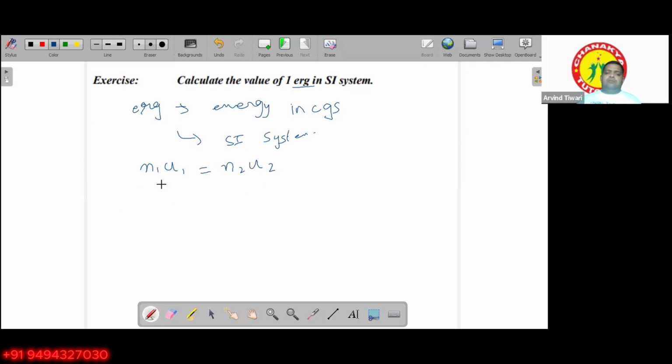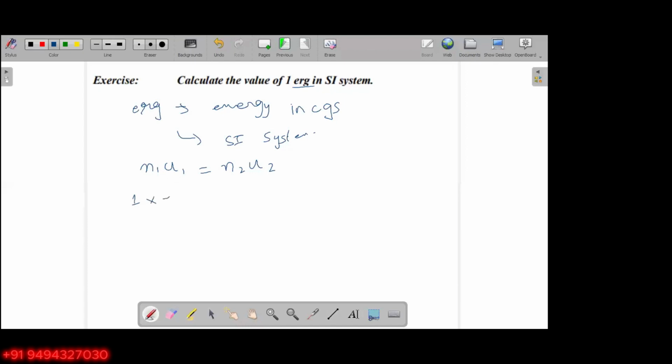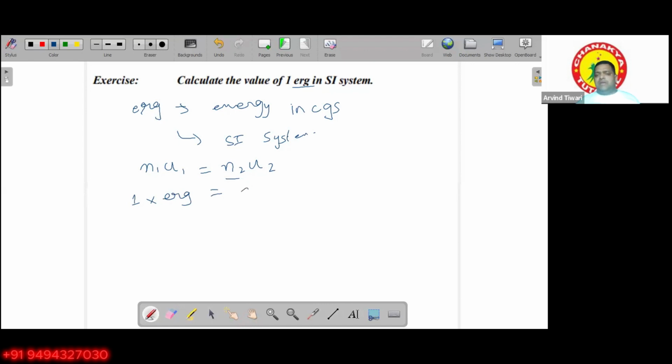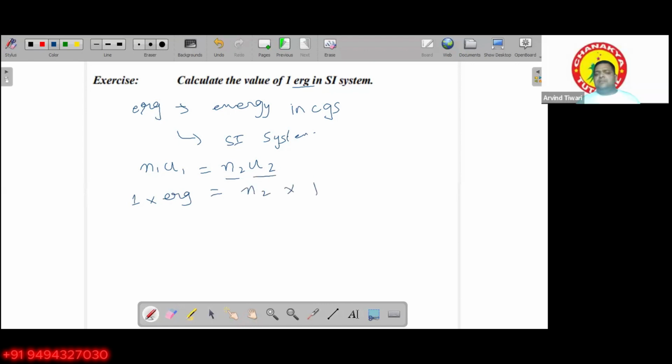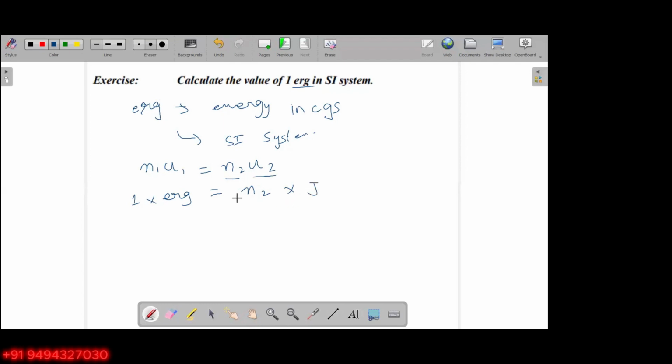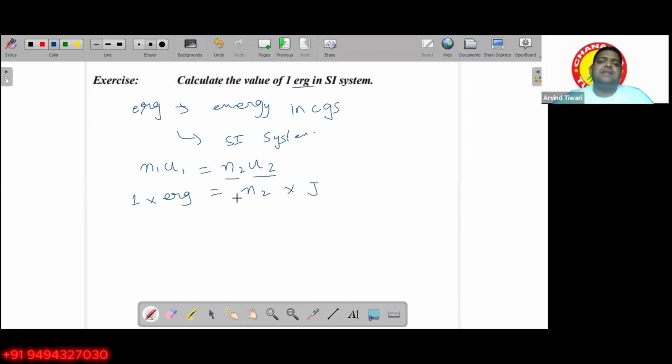So in place of N1 I will write 1, U1 should be the erg, equal to N2, which I want to find out, and U2 will be joule, since in the SI system, energy is measured in joule. Right? Okay. So now if I find out the value of N2, then I will get